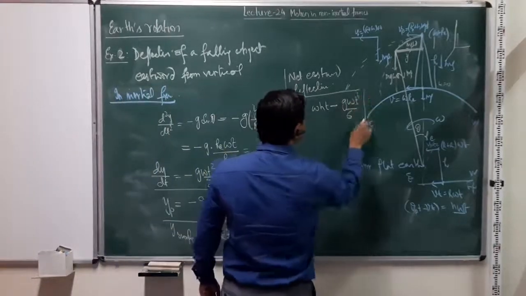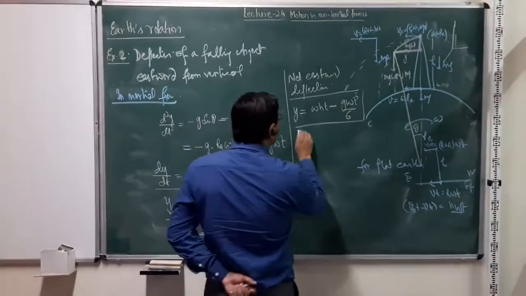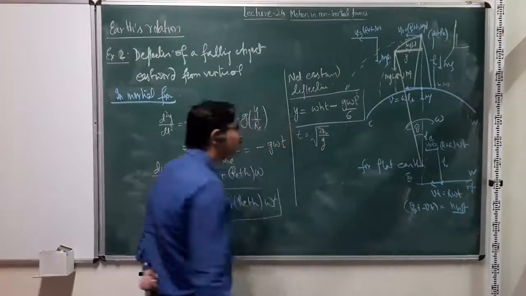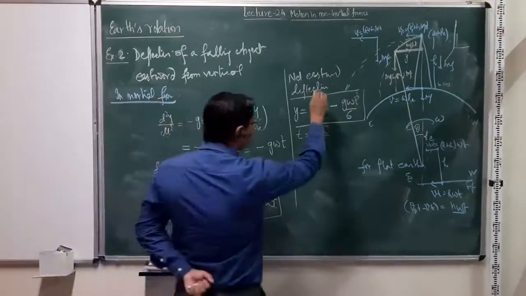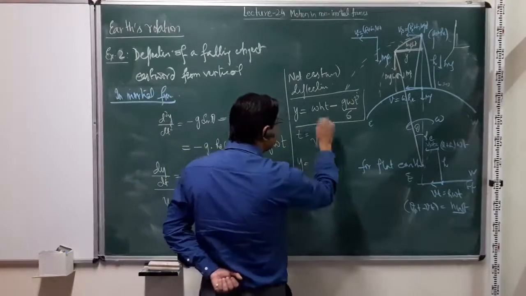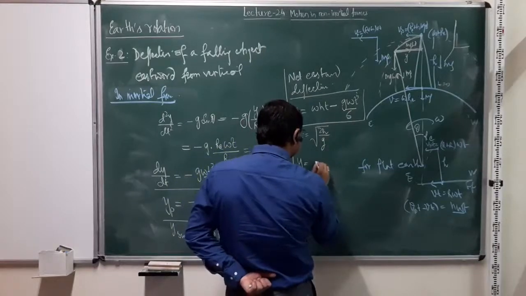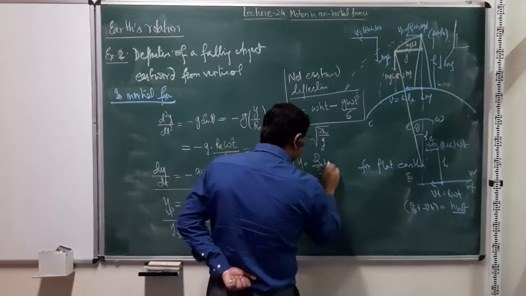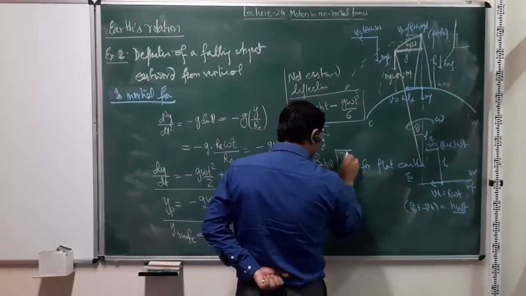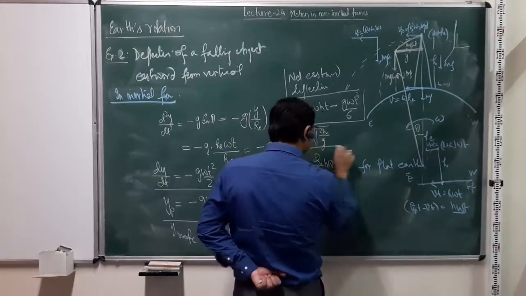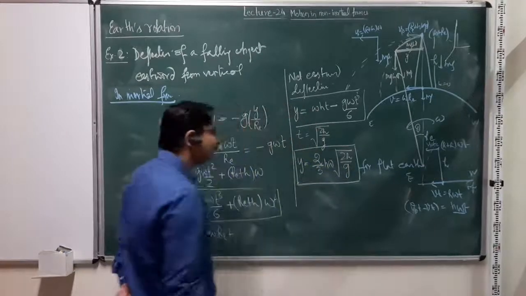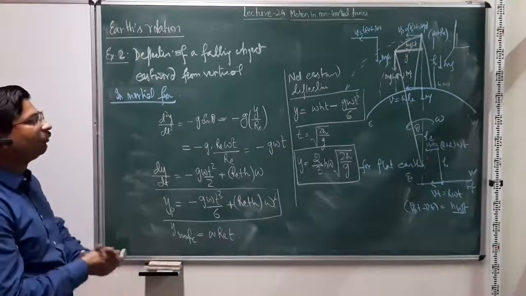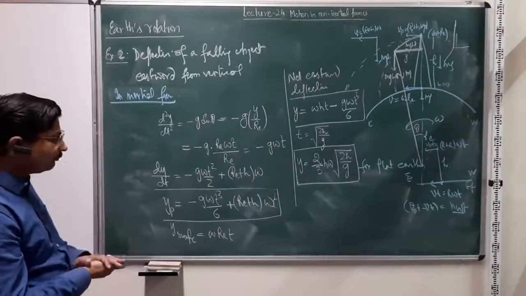So this is the net eastward deflection, and now we can again take t as square root of 2h by g. You put this back here, and you will verify that you still get the same expression, 2 by 3 h omega square root of 2h by g. So this is the eastward deflection because of the rotation of the earth, which a falling object would undergo, right?